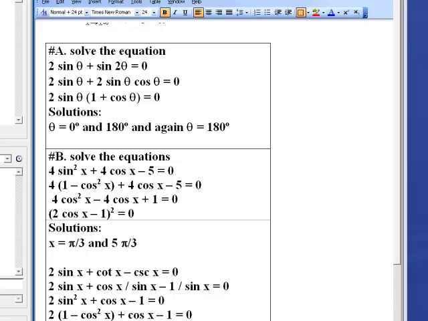Should be, of course, 2 cosine x on the first one, cosine x on the second one, and then we have a minus 1 and a plus 1 somewhere. Well, let's see which one turns out correct. FOIL this backwards here, so 2 cosine times cosine is 2 cosine squared. 2 cosine minus 1 is minus 2 cosine, plus another one is a negative 1 cosine, so that's the correct one. And the last term, of course, gives us the negative 1. So we did it correctly, and the solutions come out to,